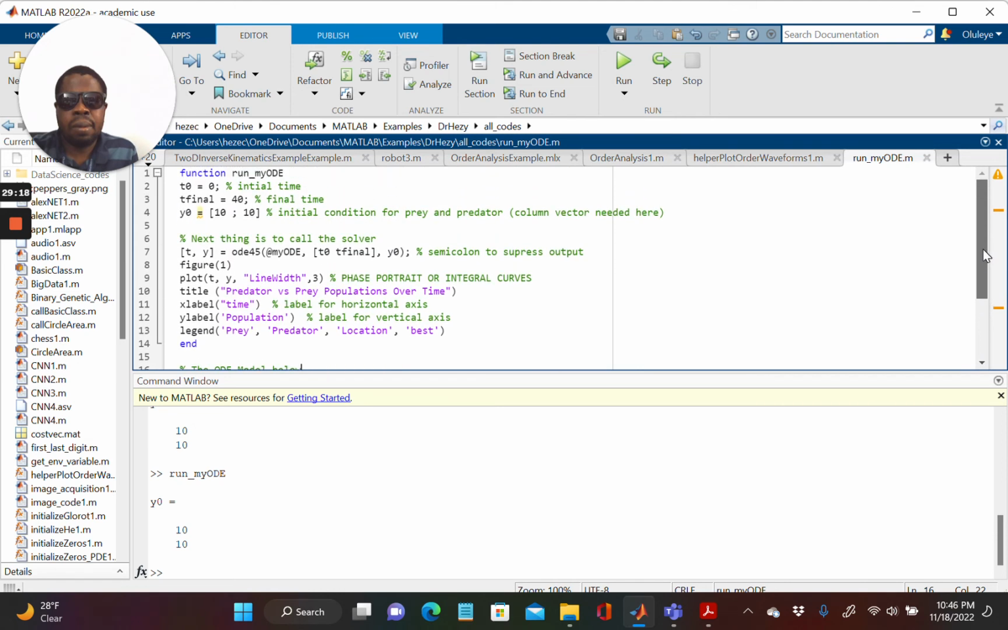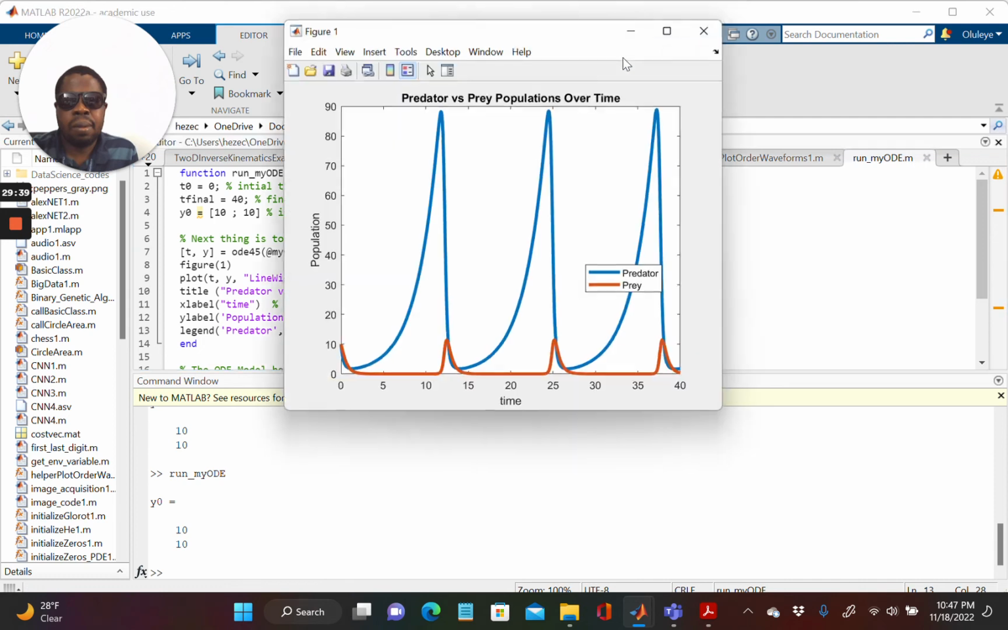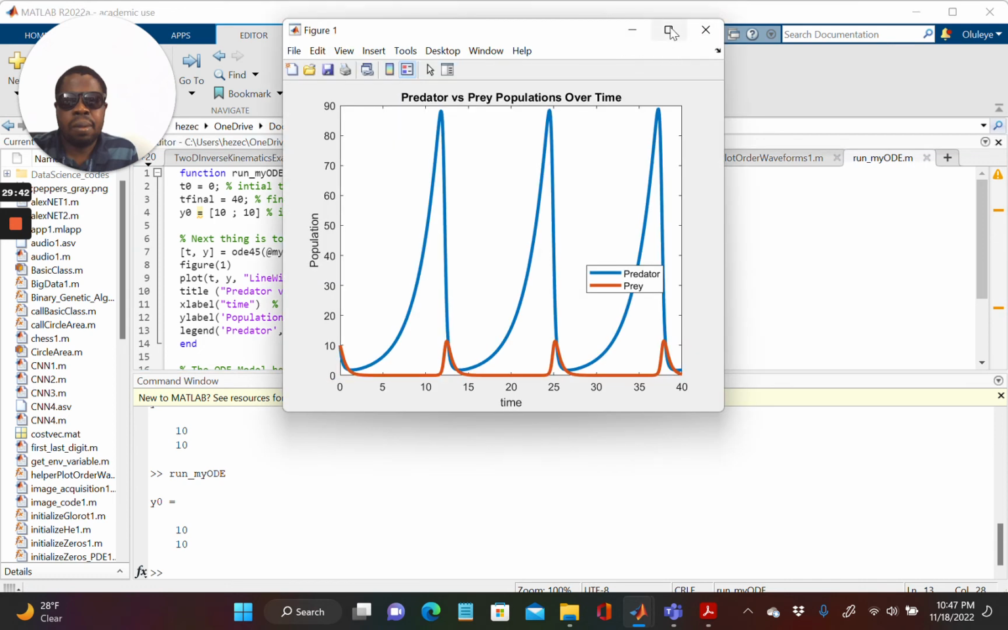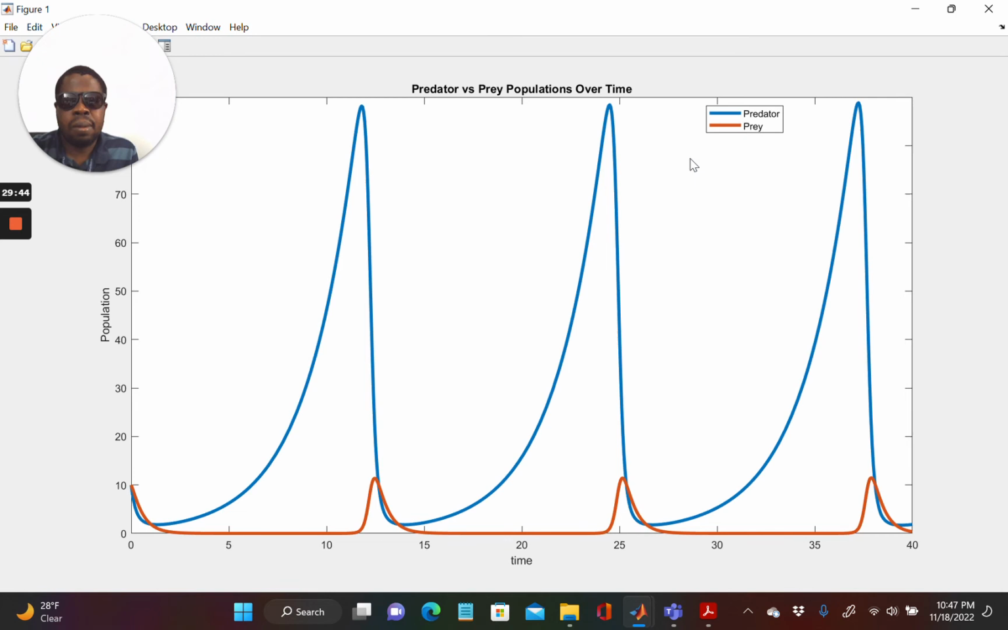And okay, I think I need to swap them. So predator, prey. Yeah. So we got predator to be the blue one, and the prey to be the what? The red one. As you can see, over time,